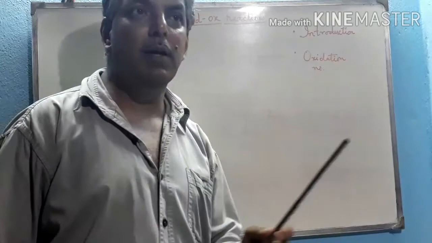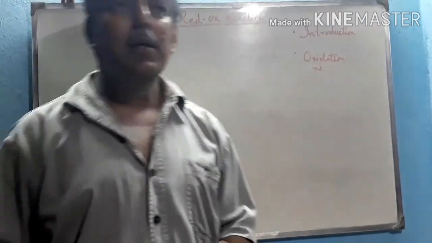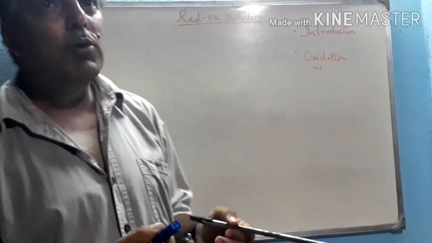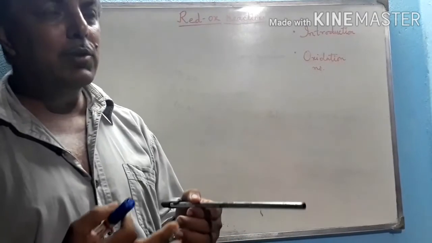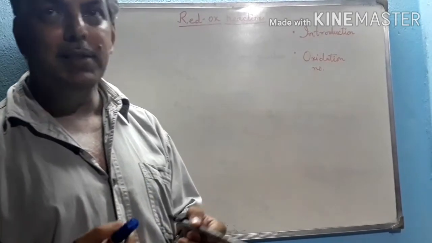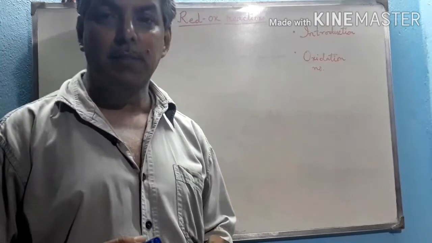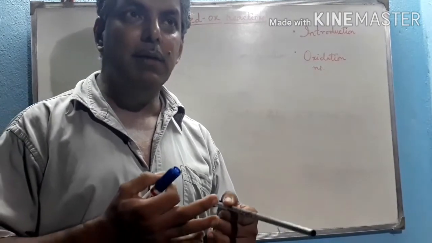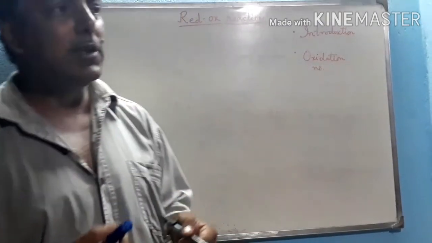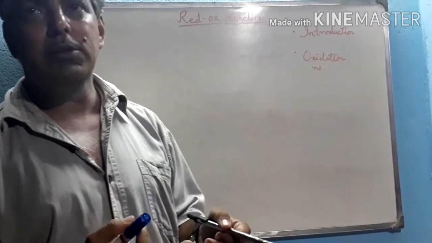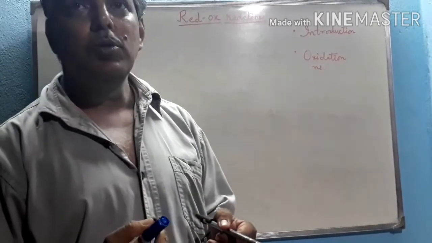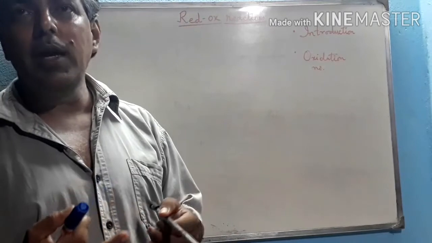First, the introduction, where we can use the redox concept in our daily life: photosynthesis. It is actually the most important part of plants' life, and also ours. It is a redox type reaction. Carbon dioxide converts to glucose. Number two, ozone layer depletion.